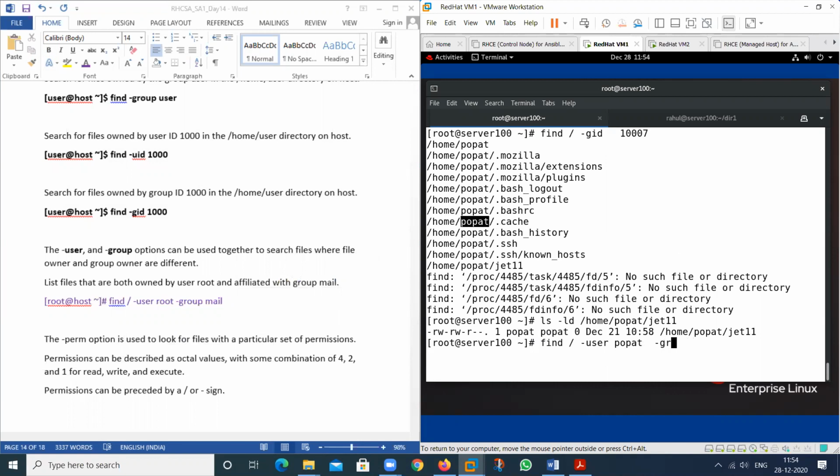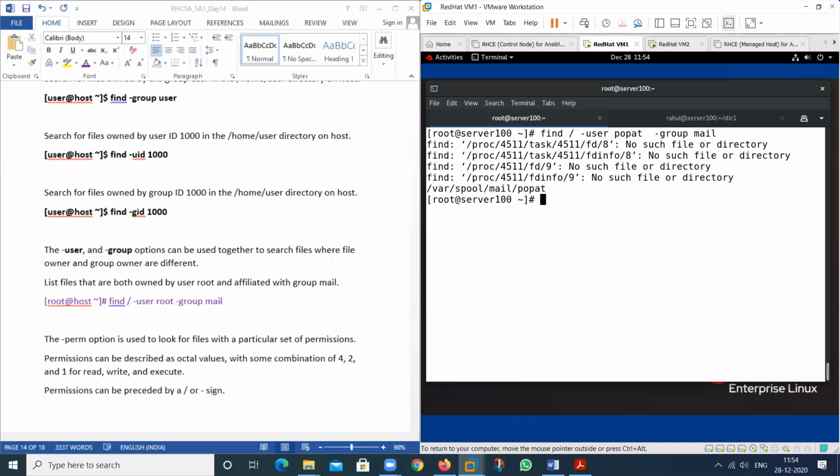So -group, and the group name is mail. And see here, we have only one file. This is the only file which has both conditions. What is the username? The username is this one. What is the group name? The group name is this one. So we can search all the files by using the username also.